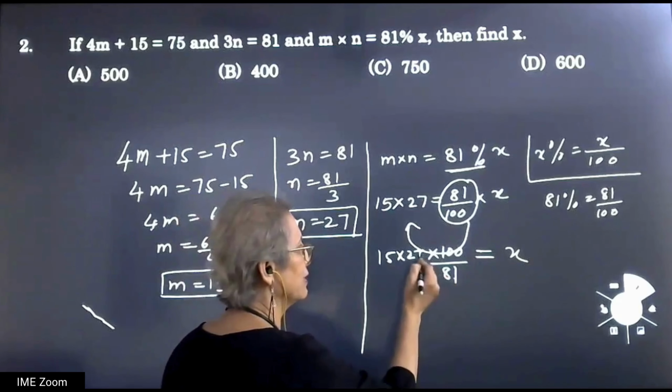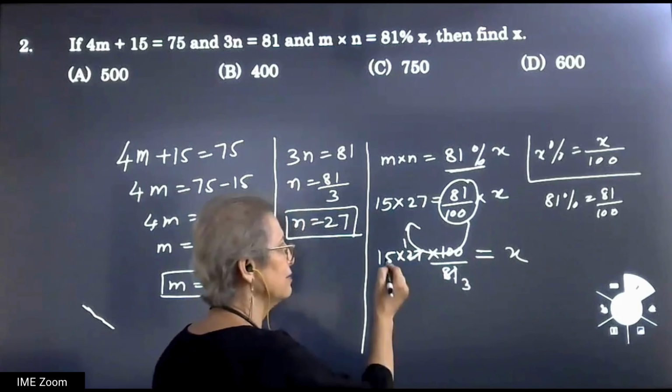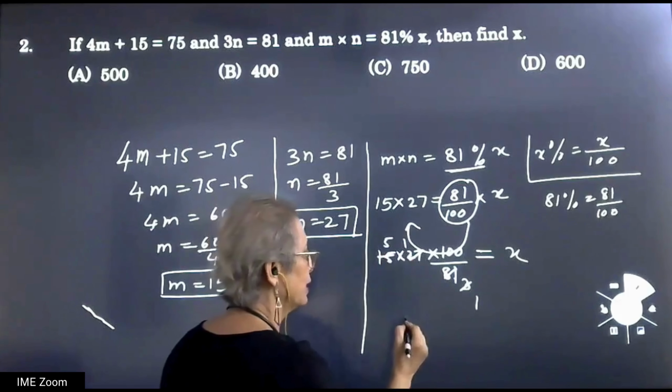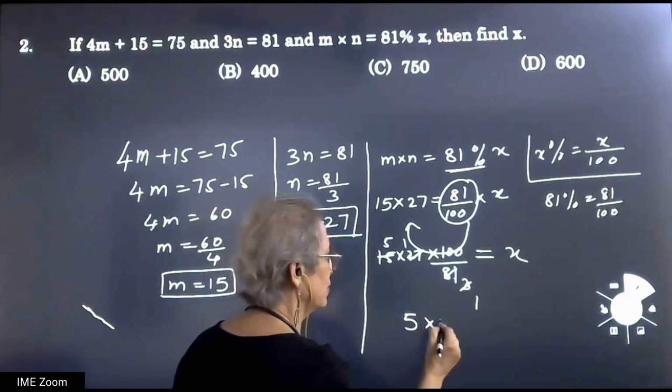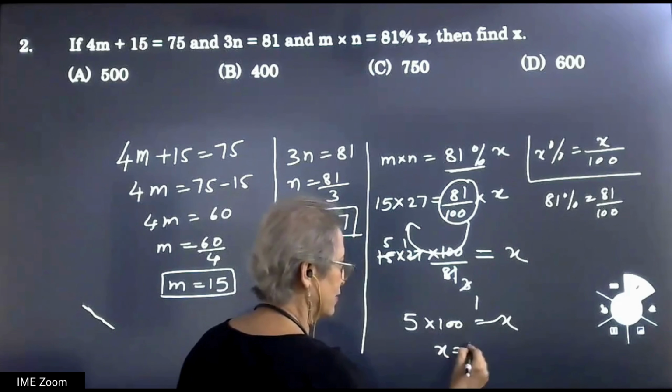27 and 81: 27 ones are 27, 27 threes are 81. And then 15 and 3: 3 ones are 3, 3 fives are 15. What is remaining? 5 into 100. And that is my x. X is equal to